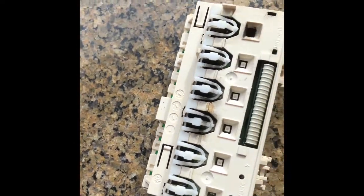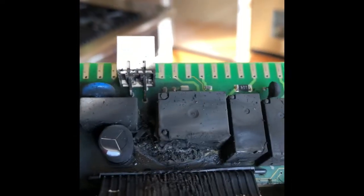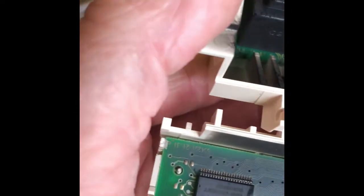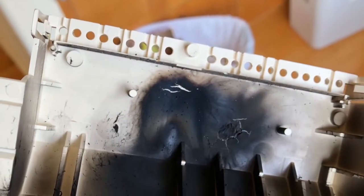I got the wires disconnected. I'm going to open it up and take a better look. Yeah, so it really got burned up. It looks like everything's still intact except that one relay. That's the heater relay. And it must have got overheated, or somehow there was a short circuit, and we got a lot of damage. There's been a lot of house fires that have come from this too, so nothing to fool with. Just thought I'd show you guys